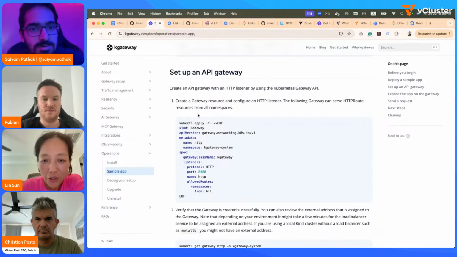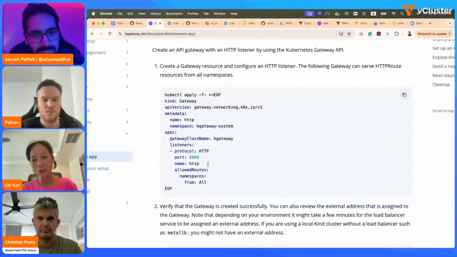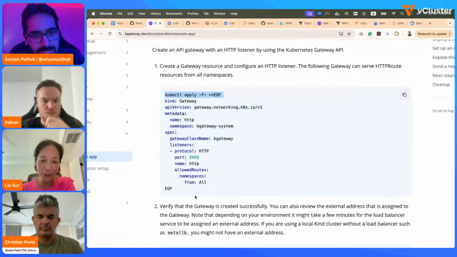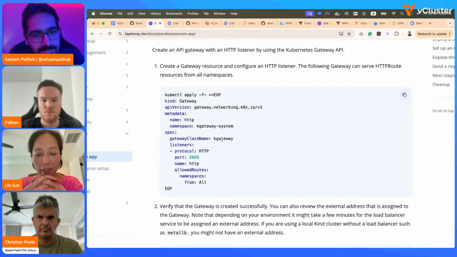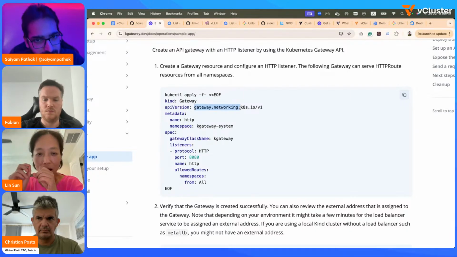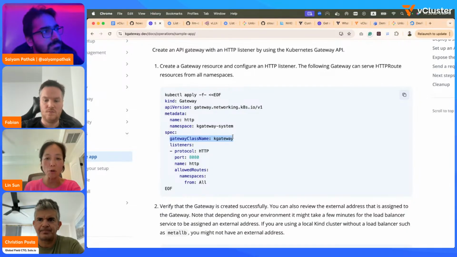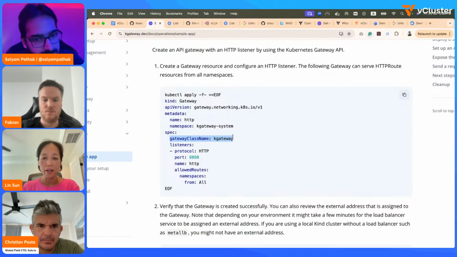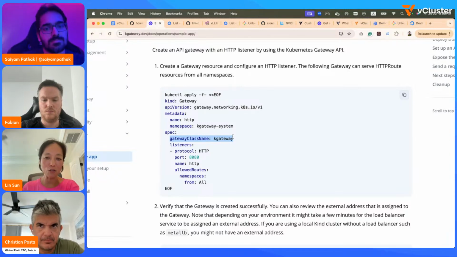So what do we do next? We set up a gateway. Yeah, so you set up a gateway. In this case, it's an ingress gateway to control traffic incoming into your HTTP Bin or any other app in your cluster. To deploy a kgateway, you basically use the Kubernetes Gateway API, but the only thing is the gateway class name, you program it as kgateway so that the kgateway control plane knows, oh, this is a gateway class that I need to act on, which means I need to deploy the Envoy proxy and manage it for the user. And what is the listener over here?